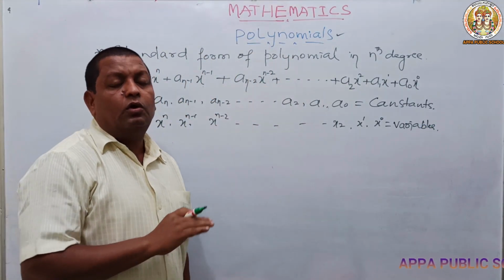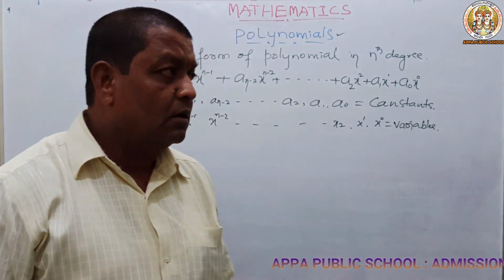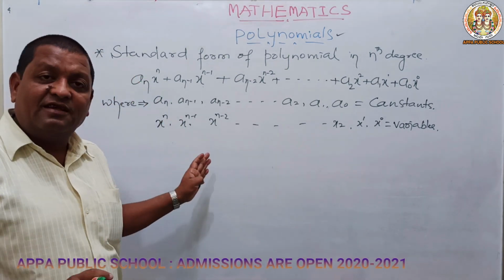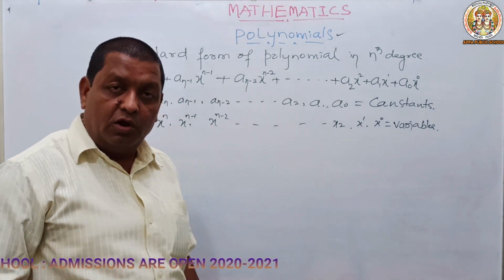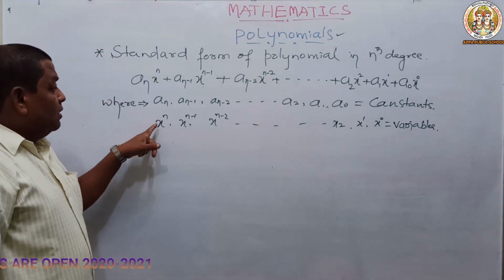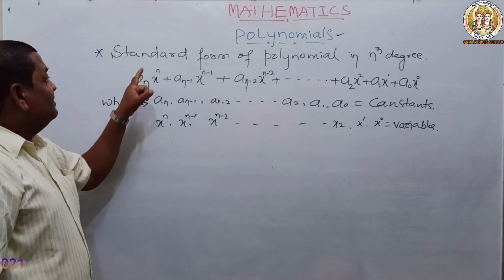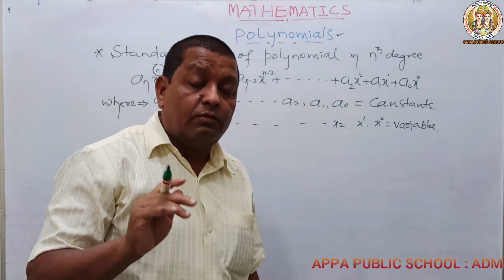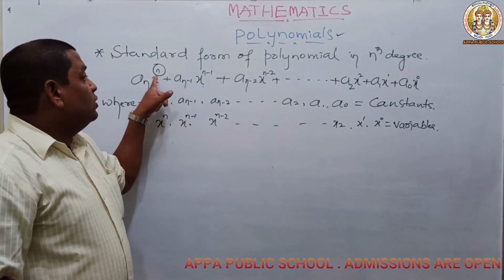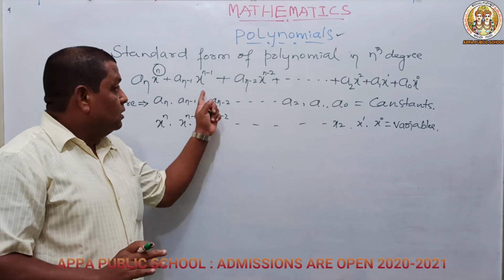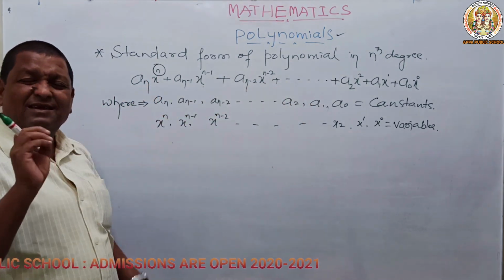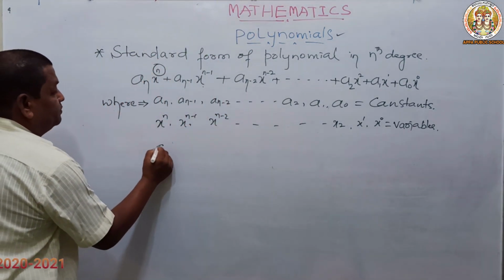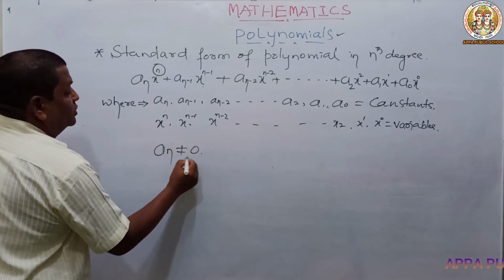What is the condition? So every polynomial has its own condition. What is that? In linear polynomial, okay, let me tell about this. Afterwards I am going to the conditions of polynomials. Here x to the n, x to the n minus 1, it is the nth degree. We have to give importance to n. Nth degree is the standard form. That's why we need to have at least n. So we need to have n as a must. So that's why what is the condition? Condition is an is not equal to 0.